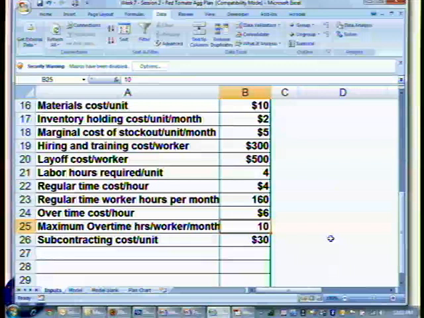Our overtime is going to be the number of overtime hours times the hourly rate. So this overtime is a function of the hours. Our inventory is going to simply be the inventory holding cost in our inputs page multiplied by the, let's see if I can zoom up a little, I can't while I'm in there, multiplied